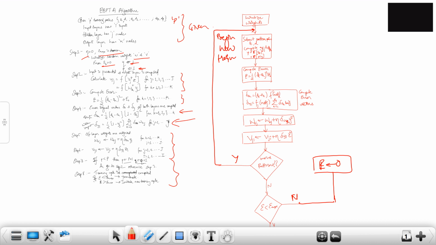That is, we begin new training. Here, in this new training step, if patterns are not over, we begin the next training step. Otherwise, we begin a new training cycle, which will begin a new training step. That's why there's P and Q. This is for P and this here is Q. This is the next training cycle. Otherwise, if this is yes, then we stop the algorithm. So this is everything about the EBBT algorithm and flow.